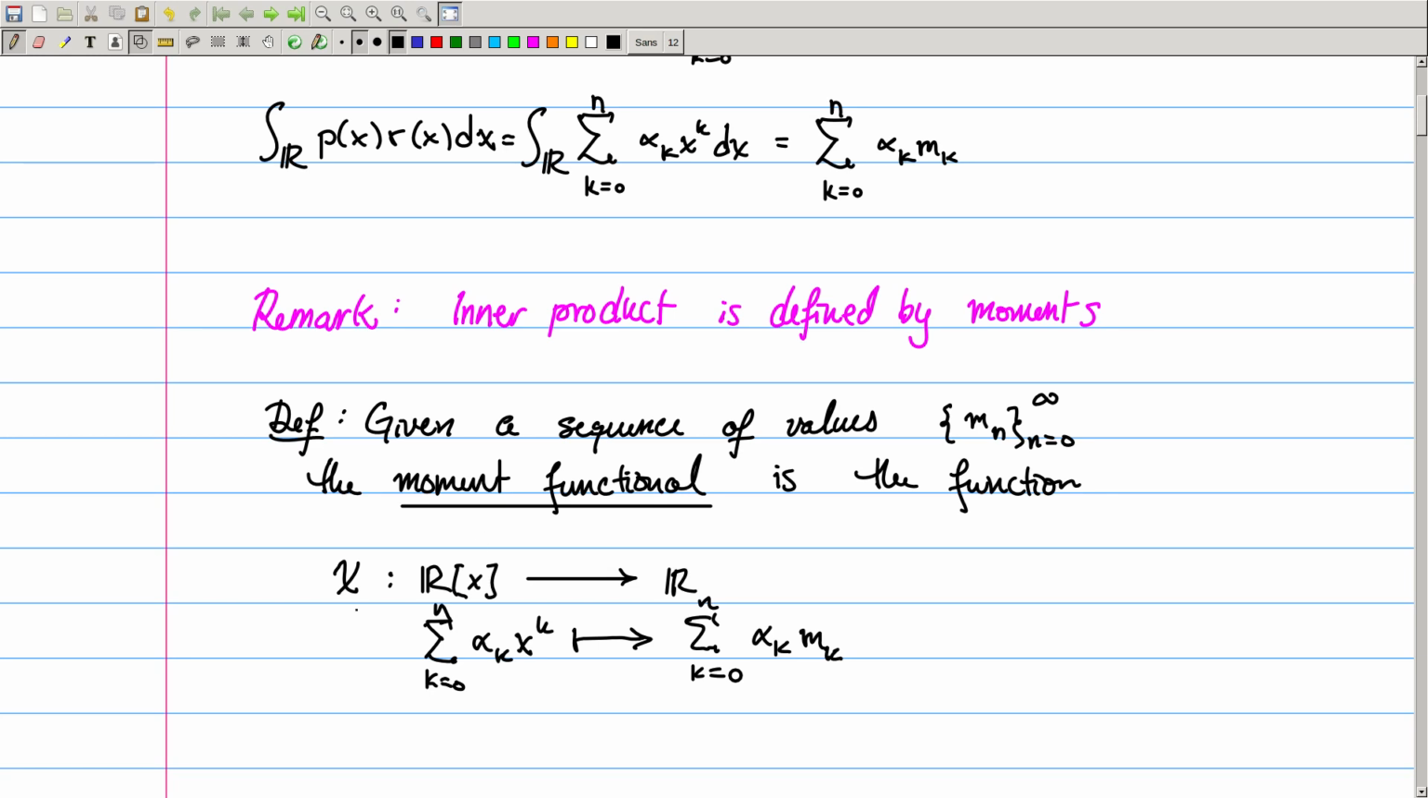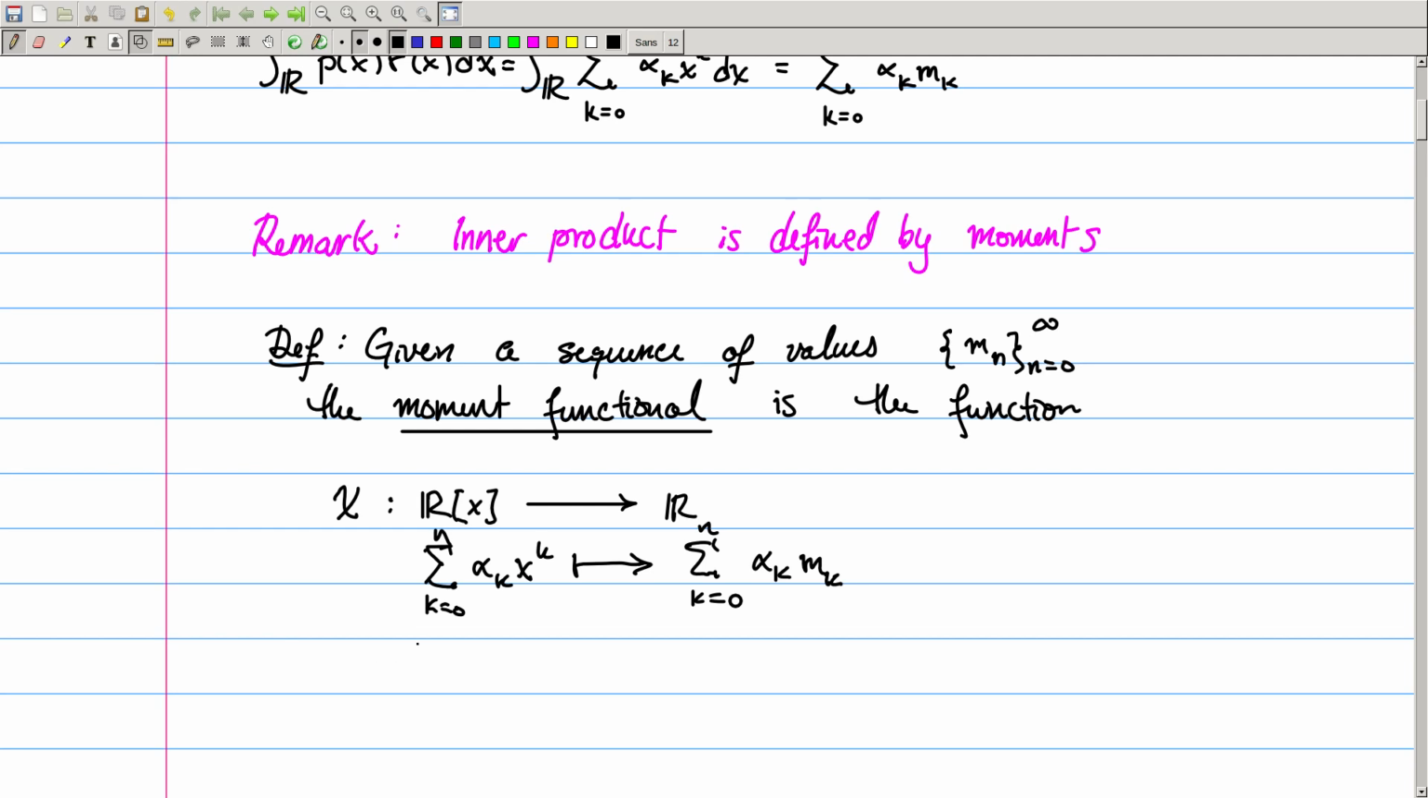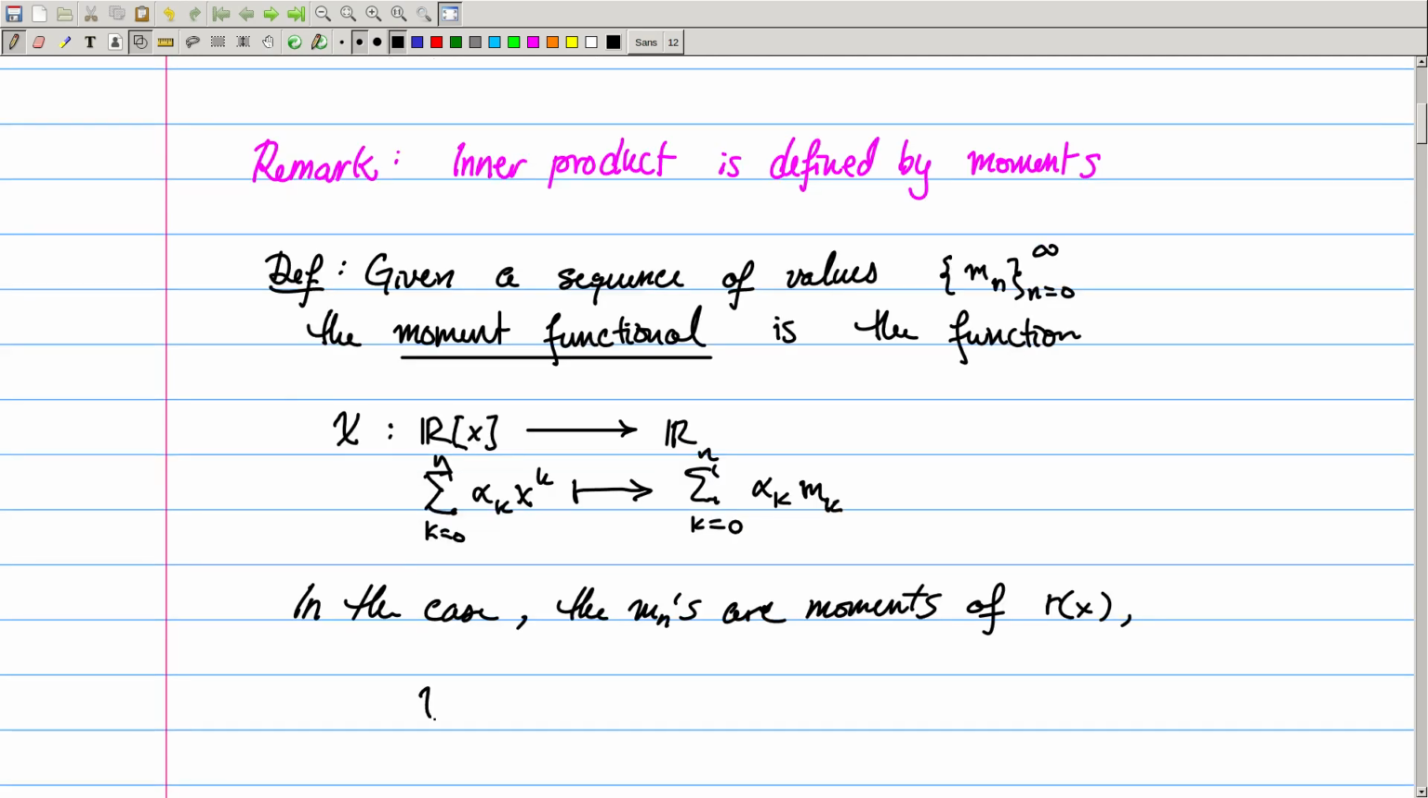What we're observing from above is that in the case that this sequence of values are the moments of some function, then the value of the moment functional on a polynomial is exactly the integral of that polynomial times r(x) dx. So definitely from a certain point of view, we could establish the whole theory of orthogonal polynomials just using these moment functionals. However, we'd lose a little bit doing so,